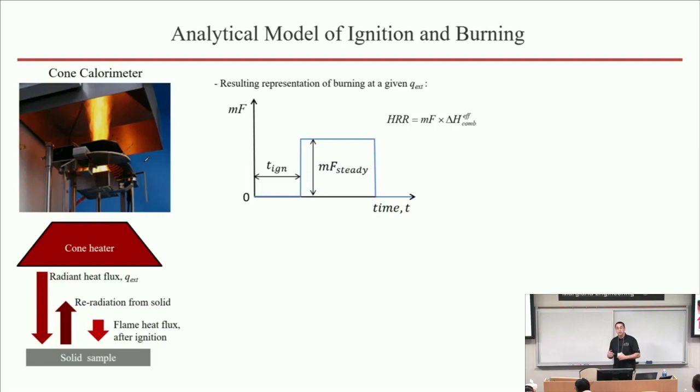Now, typically, tests like the cone calorimeter also allow you to obtain heats of combustion of gaseous volatiles. So this information is always available. If you take this data or this model and multiply it by the heat of combustion, you end up with a heat release rate profile, which ultimately feeds into a variety of models. So it's a nice, simple framework.